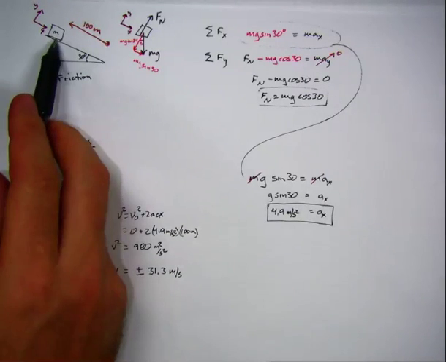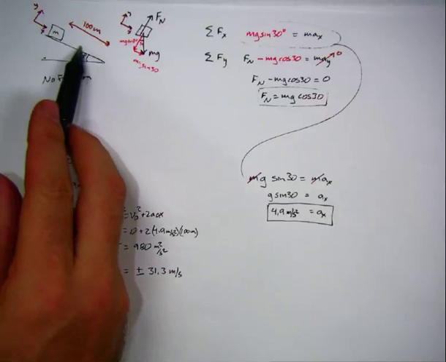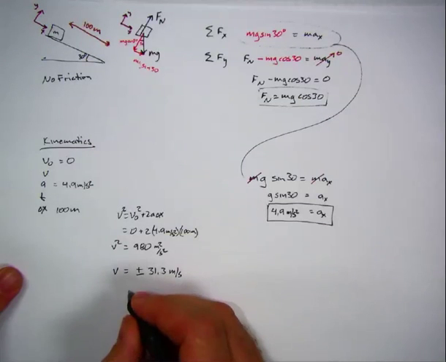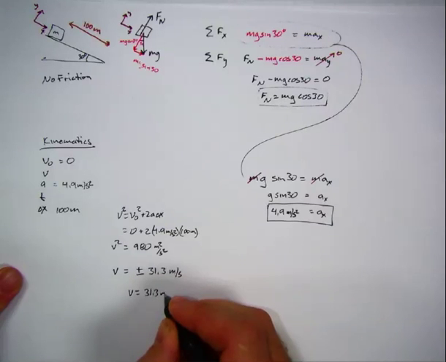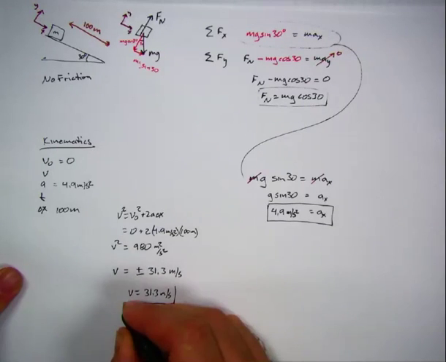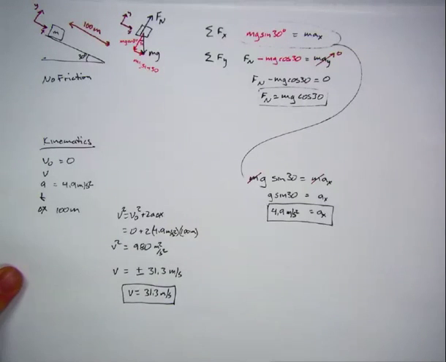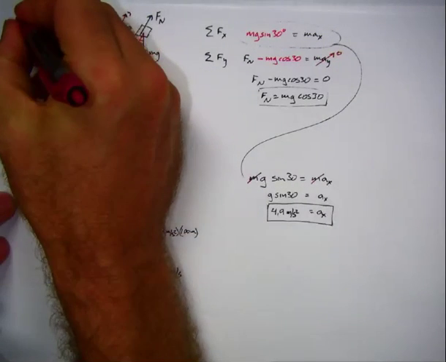I can go back to my picture and realize, oh, I'm going down the hill, I'm going forward in x, so I'll say v is equal to positive 31.3 meters per second at the bottom of that 100-meter hill. And if you wanted to, you could also then find the time using v equals v0 plus at or some similar kinematic equation. All right, so just to review,